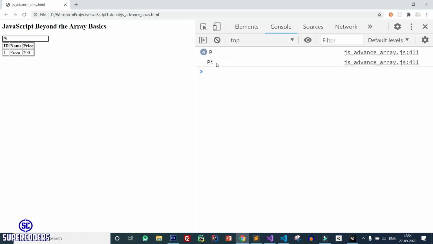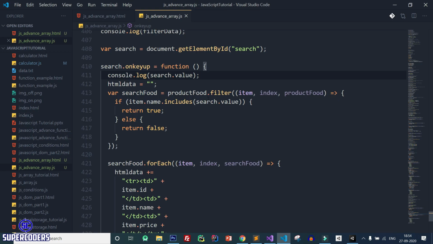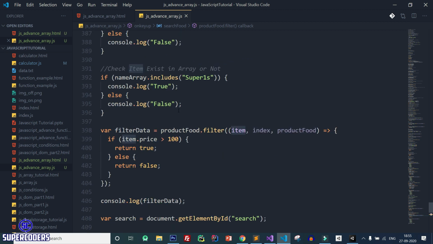So what actually happened here, you can see if I type PI, then it will search in all the items. Does any item contain PI? If it contains PI, then it will say true or it will say false.